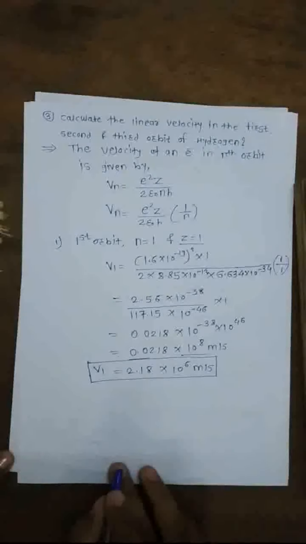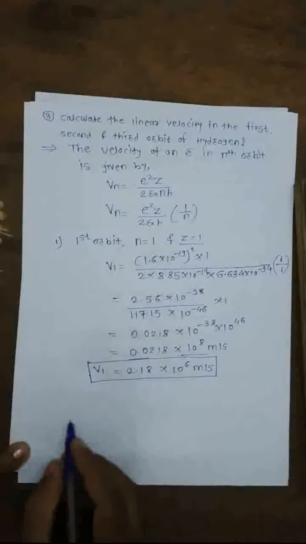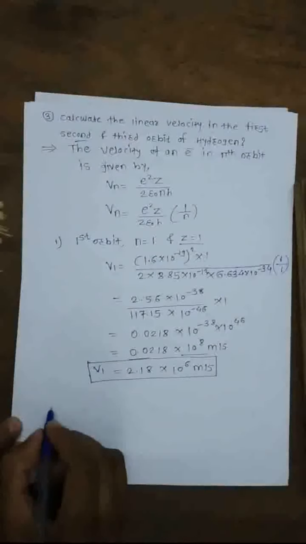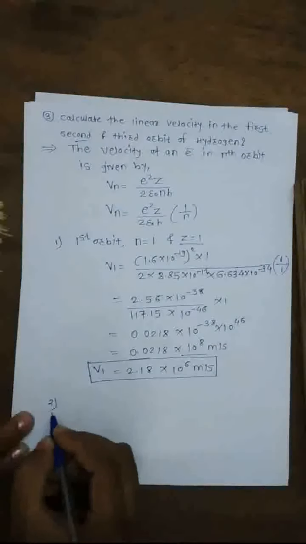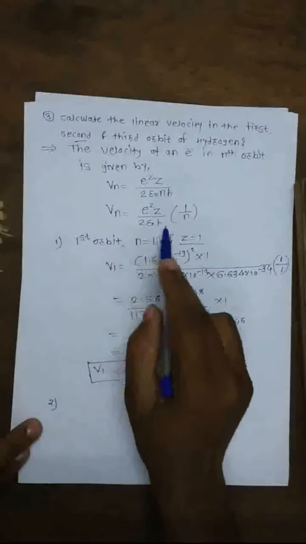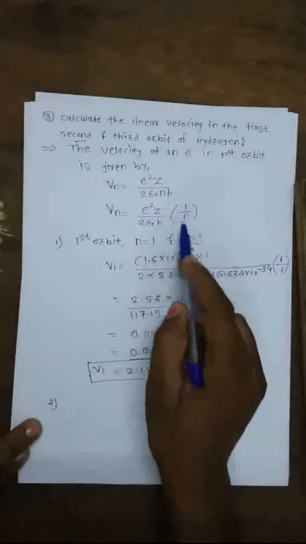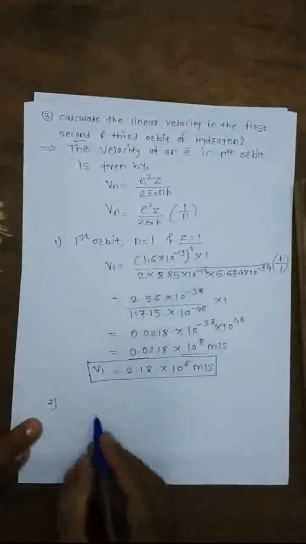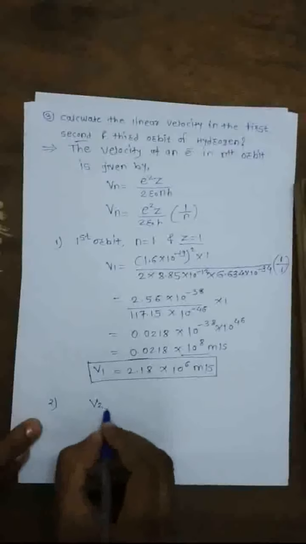Now, we have to calculate the velocity of an electron in the second orbit. For the second orbit, e square z upon 2 epsilon 0 h will be the same. Now the value of n will be different. For n is equal to 2, we will get V2 is equal to